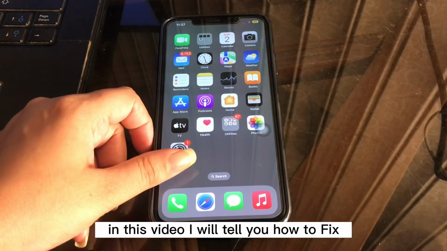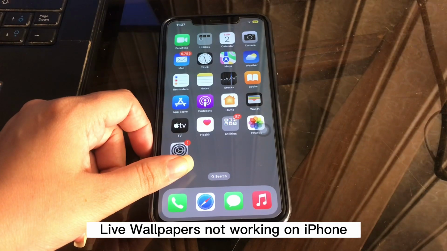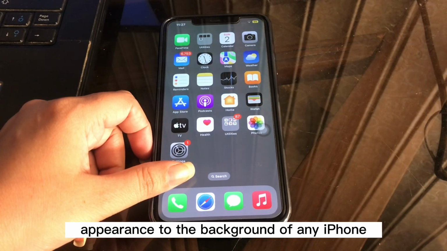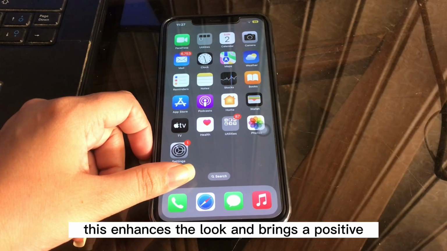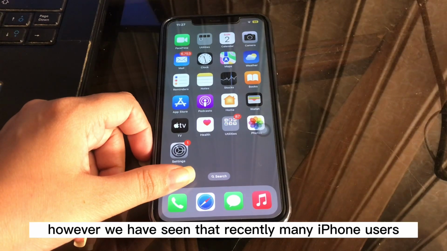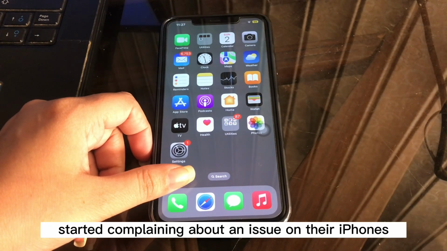So in this video I'll tell you how to fix live wallpapers not working on iPhone. Live wallpapers add a dynamic appearance to the background of any iPhone. This enhances the look and brings a positive feeling while using the iPhone. However, we have seen that recently many iPhone users started complaining about an issue on their iPhones where the live